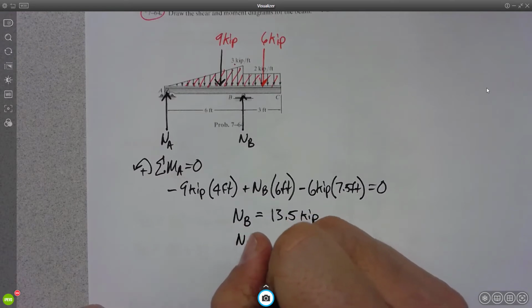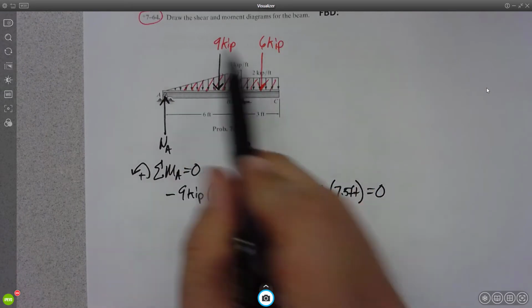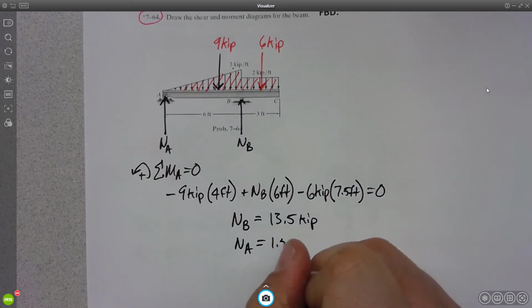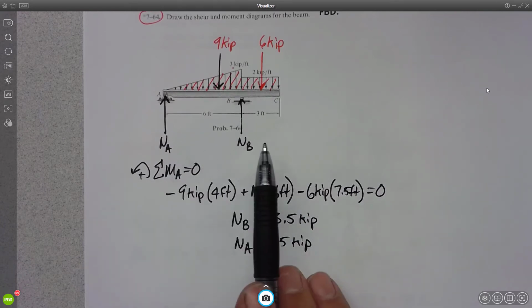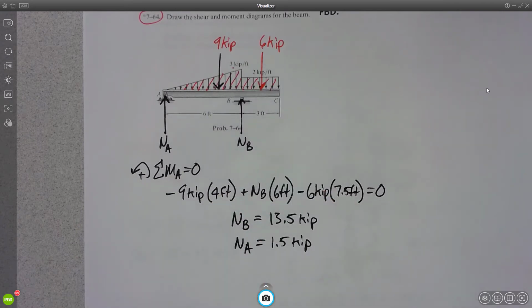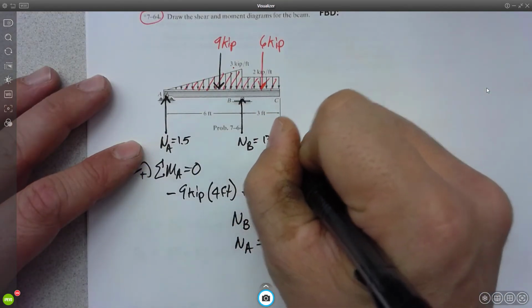So what does that tell us about NA? Yeah, so we know that we have 15 kip total and 13.5 here. We need one more. 1.5. Yep. Okay. So to do that, what equation did I write in my head? Sum of the forces in the y, right? What I'm saying is that I know NA plus NB minus 9 minus 6 needs to equal 0. Or NA plus NB equals 9 plus 6. Okay. All right. So now that we know this, NA 1.5, NB 13.5,